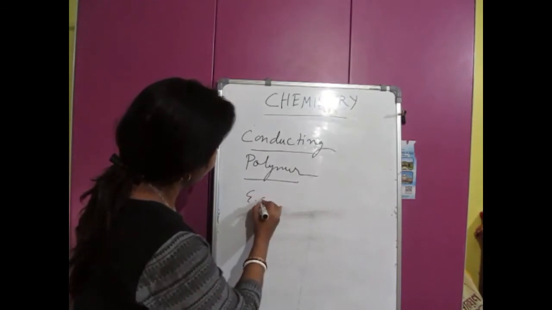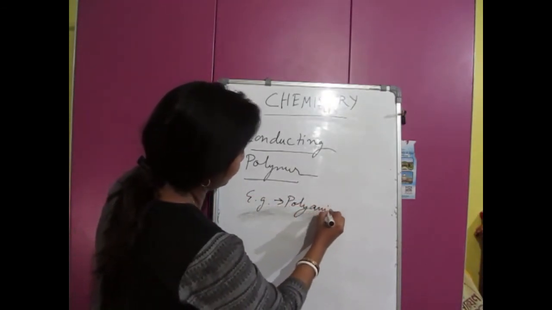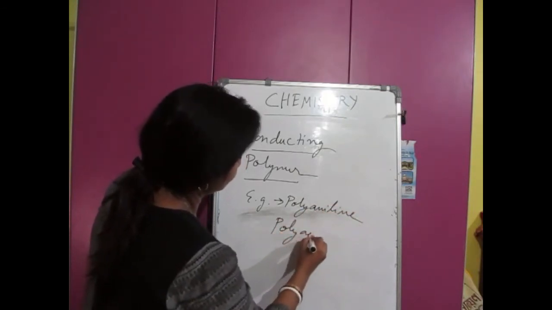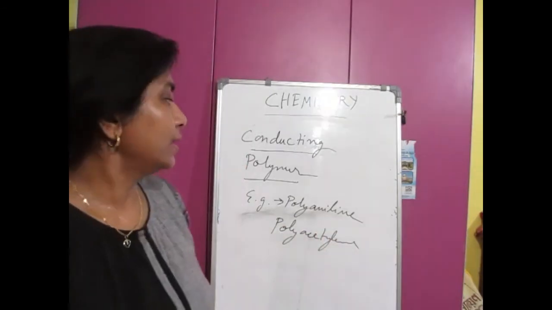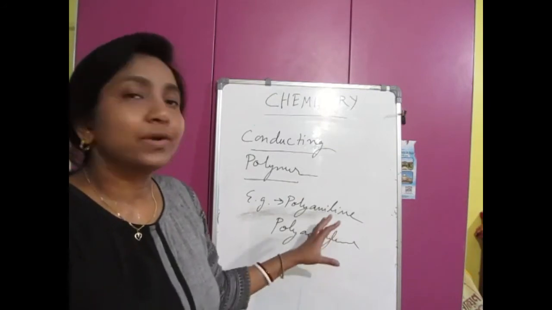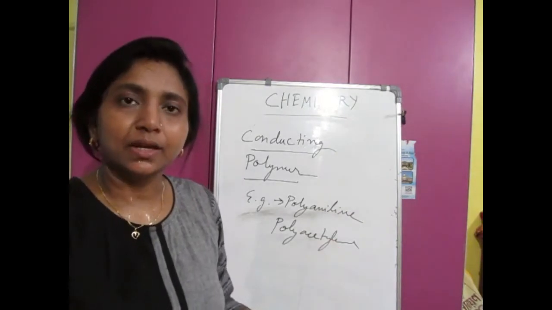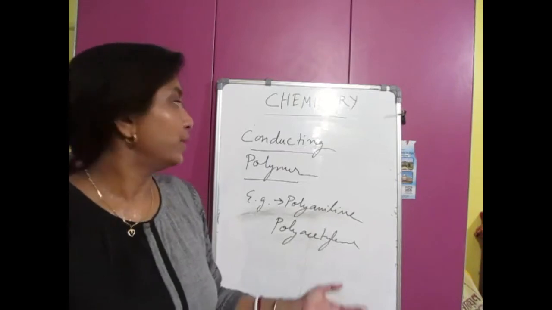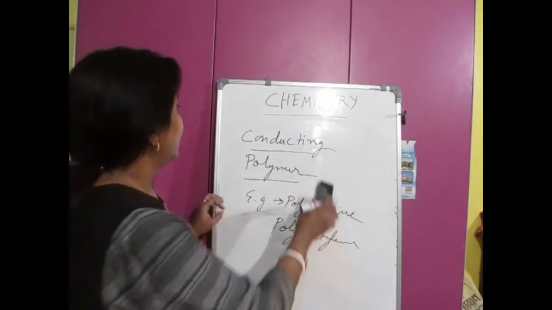This type of polymer we can apply in different fields, like to build supercapacitors and to build solar cells. For LEDs we can also use the conducting polymers. Next is